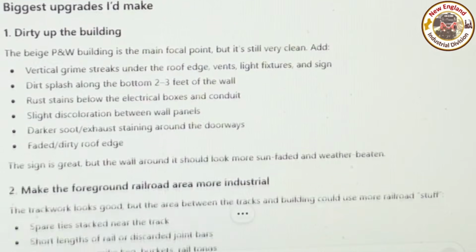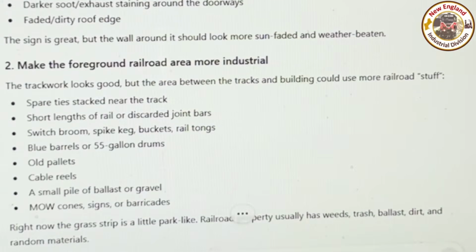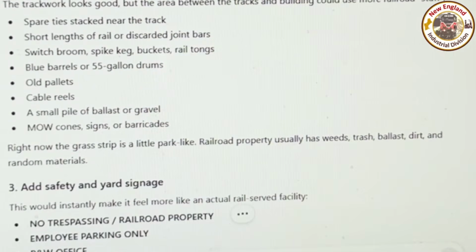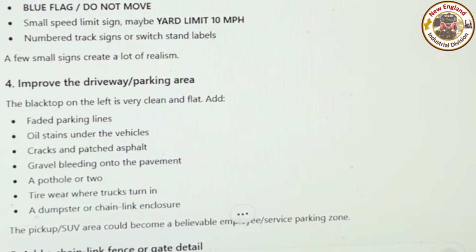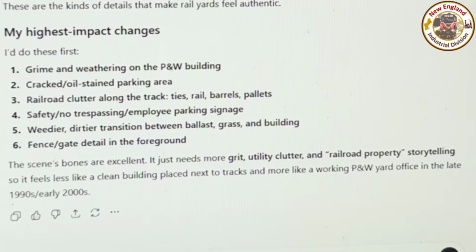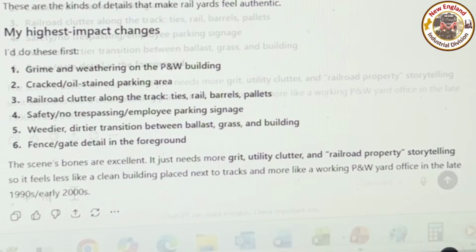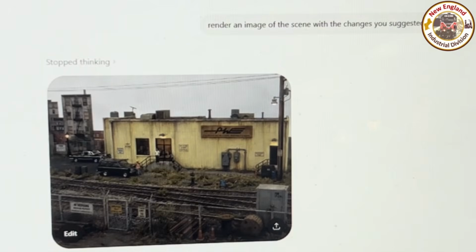It gives commentary about what's in the scene. The biggest upgrades I'd make: dirty up the building, make the foreground area more industrial, add safety and yard signage, with a whole host of details underneath. Now the cool thing is I could say, render me that image with the changes you suggest. And